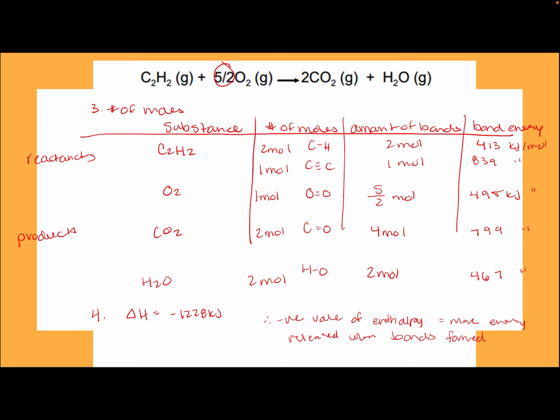Okay, so it is negative 1,228 kilojoules. So therefore, we have a negative value of enthalpy, and that means that more energy is released when the bonds are formed. So therefore, the energy given to the surroundings is exothermic. Okay. All right, so try out the